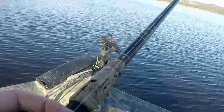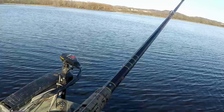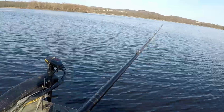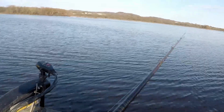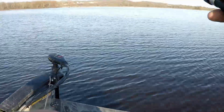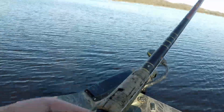So the deep weed line's not producing here, but I will tell you that anytime you can find these deep weed lines, I don't know if you saw that big old carp jumping, but these deep weed lines produce some pretty good fish, and it's one of my go-to patterns in the early spring right after ice out. But I think because I'm finding these fish in these channels leading up to spawning areas,